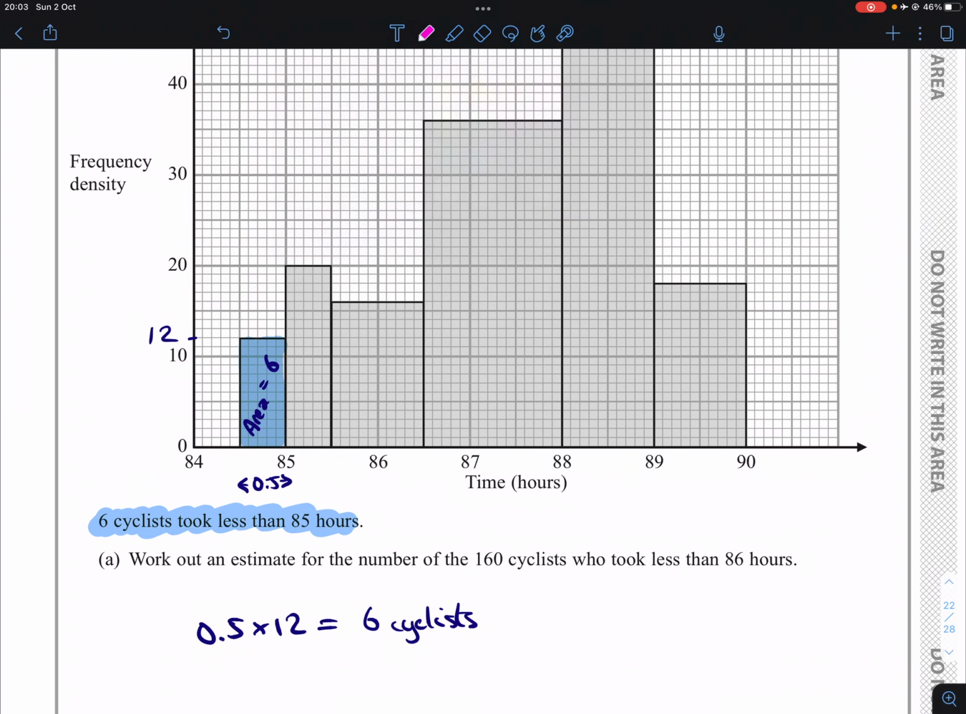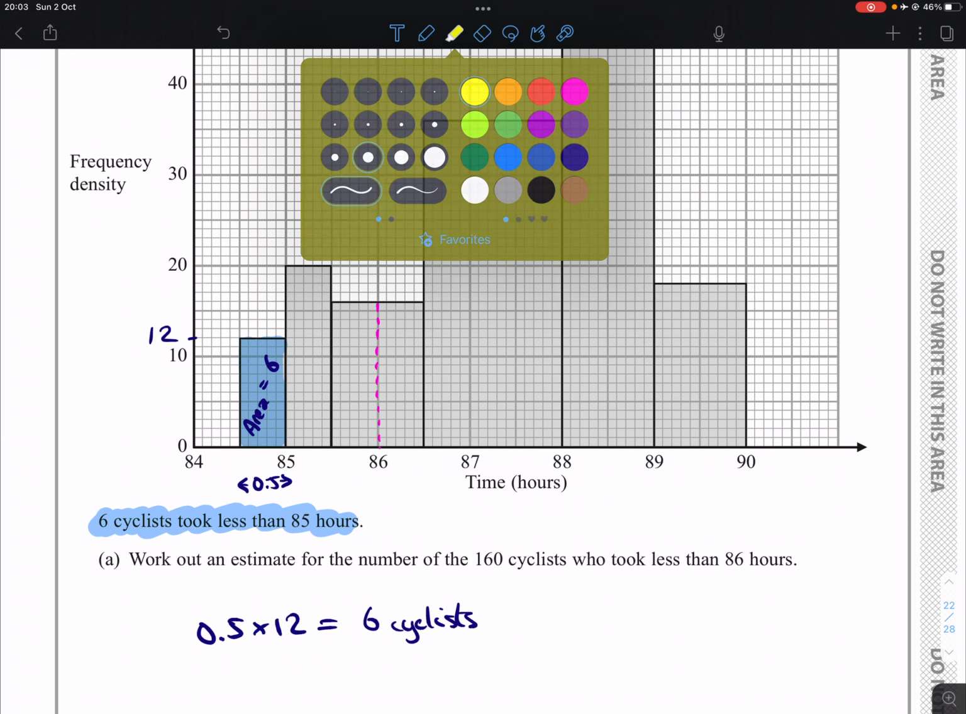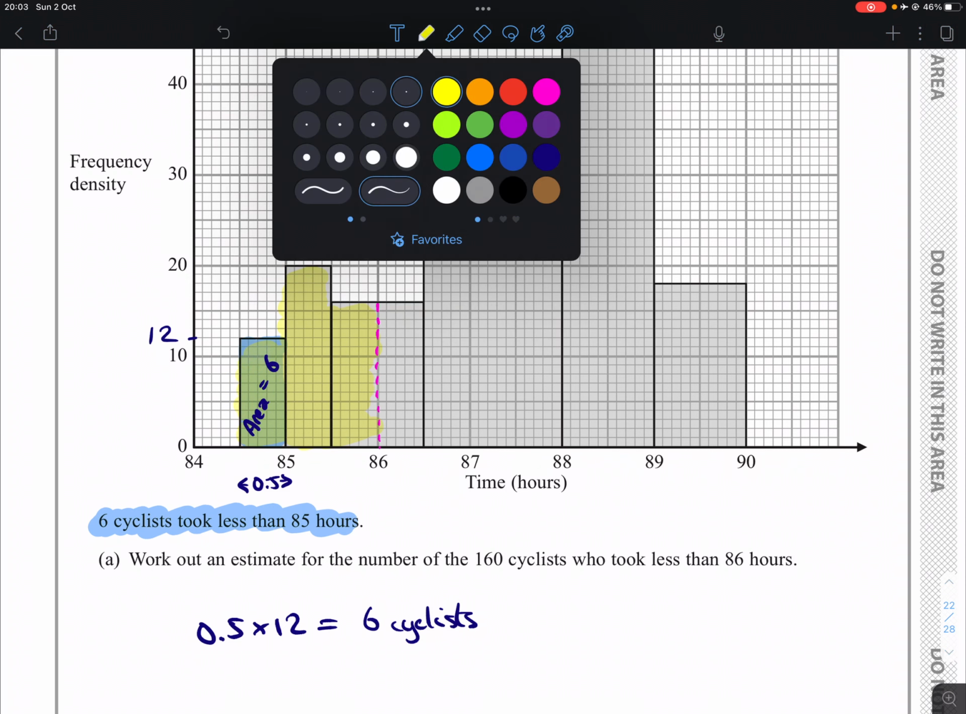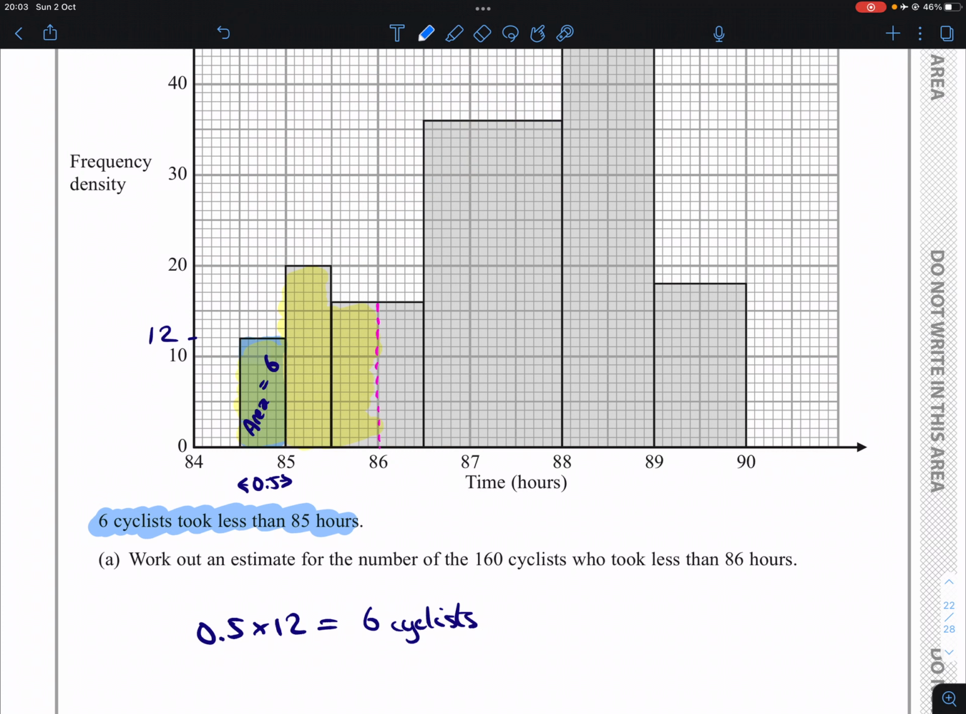So less than 86 hours is going to be everything I'm about to shade now in yellow. In fact, I've just realized why they've given us that information in blue, because you can technically get histograms where the area isn't actually the frequency. It could be a multiple of it, like if I ended up with this area as being 60, then that would tell me that the area will be 10 times bigger than the frequency. You could technically get that, but most of the time the area will match your frequency